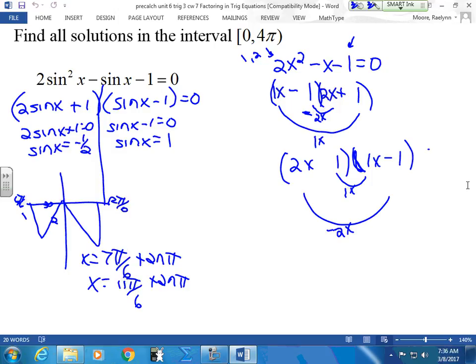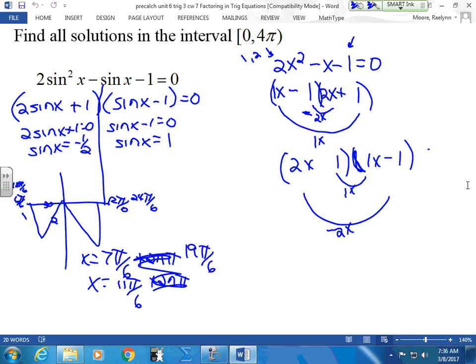Oh, is that we want till 4 pi? Thank you. So we don't have to do this. Because we only have to go 1 more cycle, let's just keep going with this over here. I added 6, I should add 6 again. 18 pi over 6, I should add 6 again. So now I only have to go to 19 pi over 6,